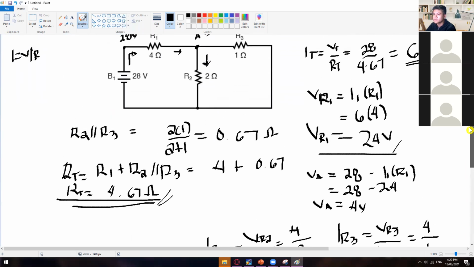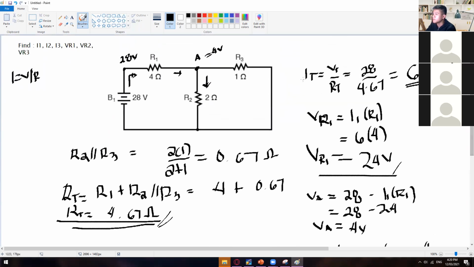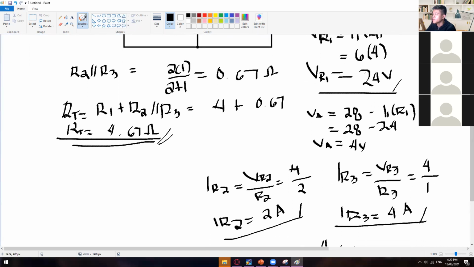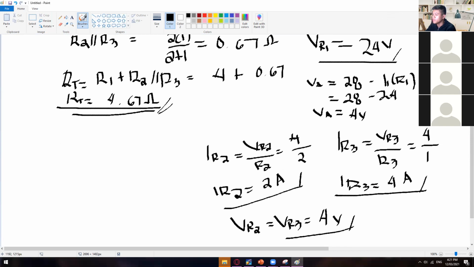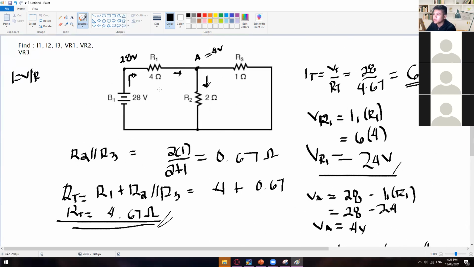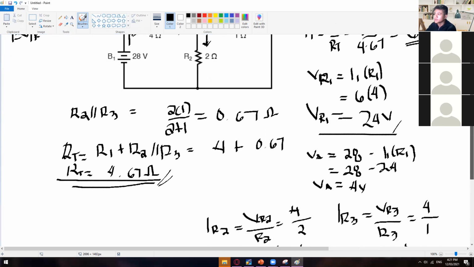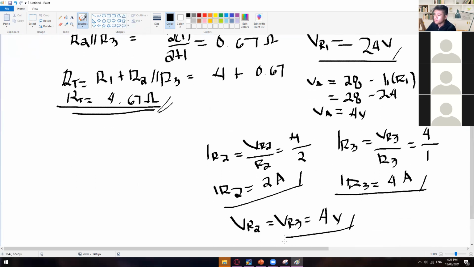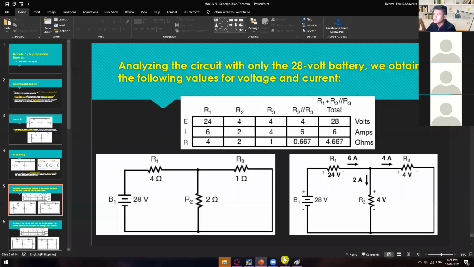So there you go. So we have the R total, the I total, which is also equal to I1, and the VR1, 24 volts, VR2 and VR3, and then the IR2 and then the IR3. Okay, so there you go. We have now solved the voltage drop across those resistors and the current flowing through those resistors also. So if we are going to compare this with this table,